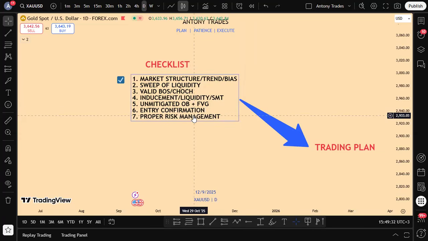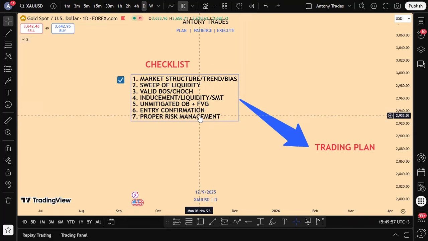Now, going to the last point in my checklist, which is also very important, it's proper risk management. This is what you call the risk appetite. What are you risking per trade? And when we talk about proper risk management, this topic is a topic on its own. It's very wide,